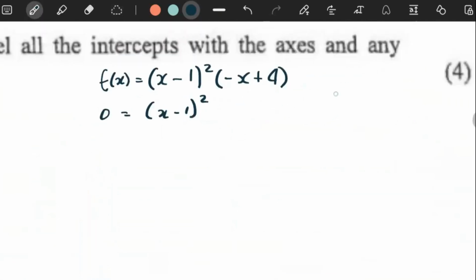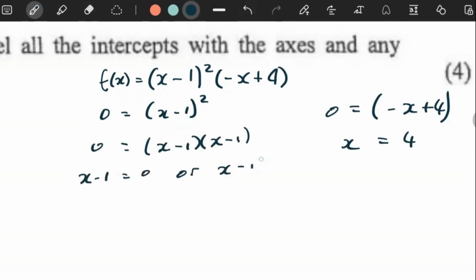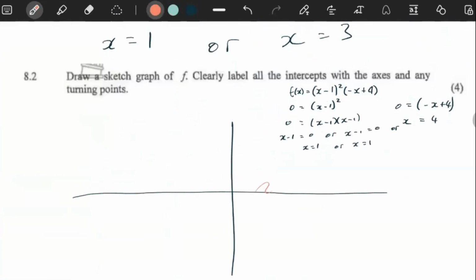This is going to give us 2 of our x-intercepts. The other one, this bracket here, is going to give us another x-intercept. So here x is equal to 4. Here, remember, you end up with 2 brackets. Let's just have two brackets that look like this. You see, because here it's just going to tell you x minus 1 is equal to 0, or x minus 1 is equal to 0, or x minus 4 is equal to 0. So this is telling me x is equal to 1, or x is equal to 4. So what that means is, at positive 1 and at positive 4, you're going to